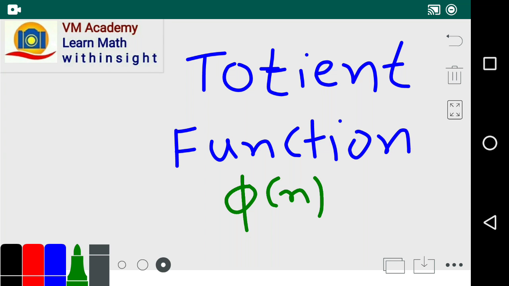Welcome to Fame Academy. Today we are going to learn the totient function, which is also called Euler's phi function. Euler introduced this function on 15 October